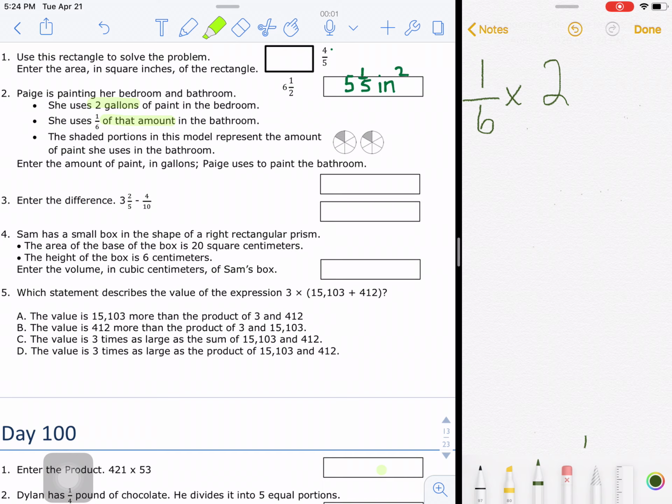Now, as we look at the drawing, or the model, it shows 2 copies of 1/6, which is the opposite of what I have written here. So I have 1/6 of 2, but we know that we can change the order in a multiplication problem and end up with the same product. So 1 times 2 is 2 over 6, and I know that 2 goes into both